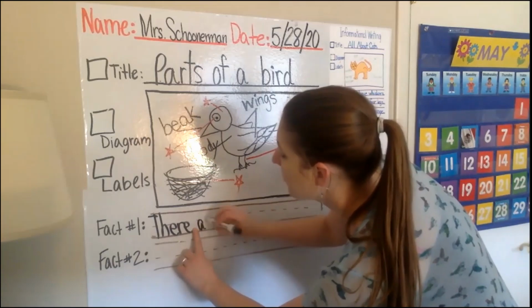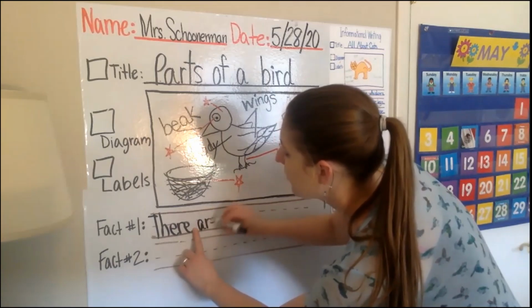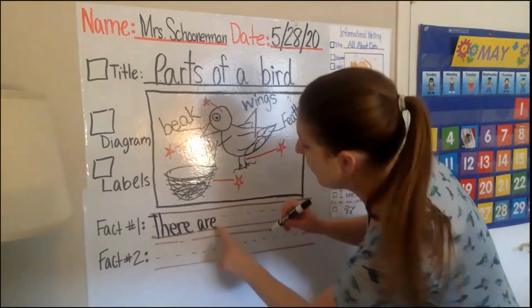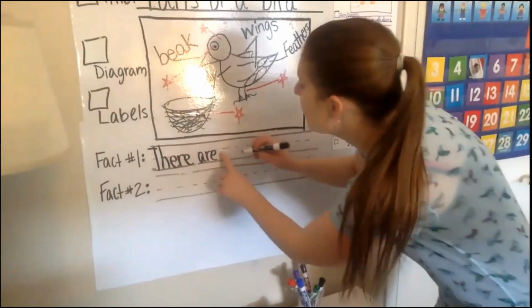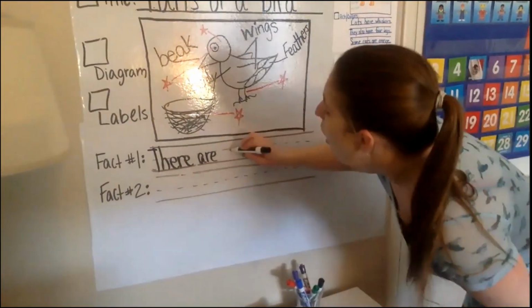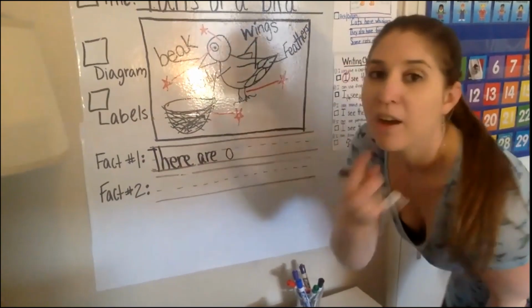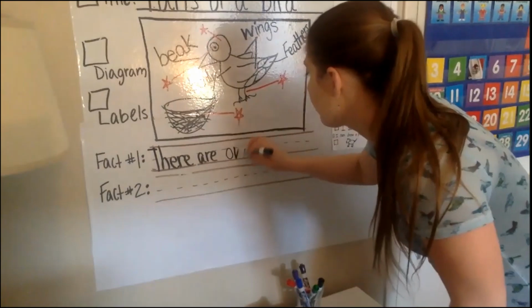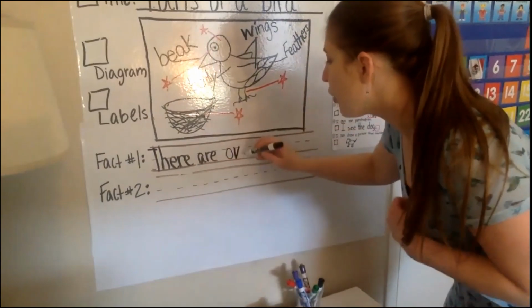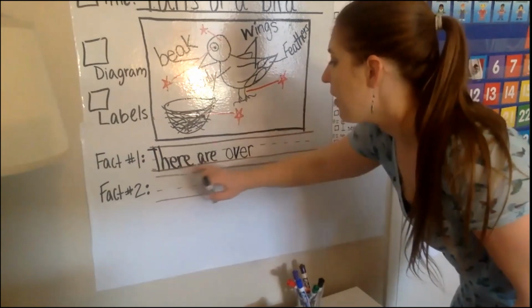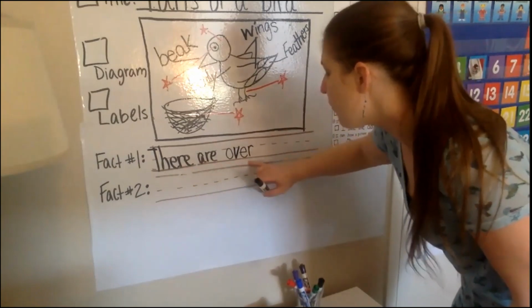Are. Over. So now we're going to leave a finger space and spell the word over. O, V, over. That's the ER ending. There are over